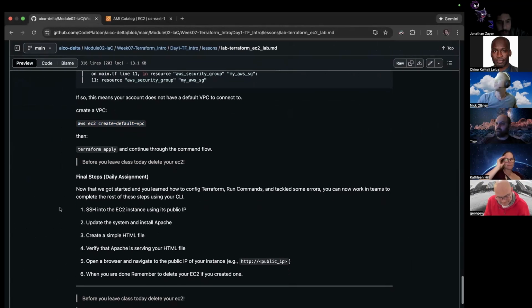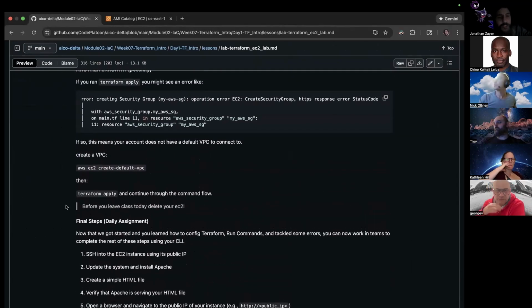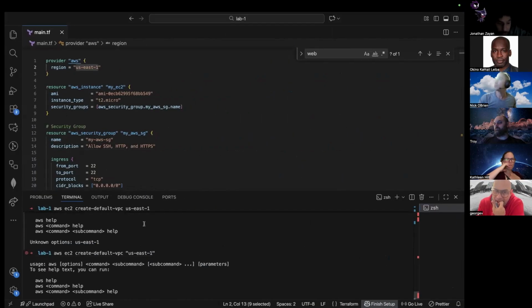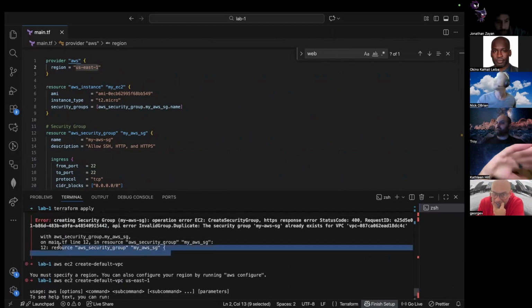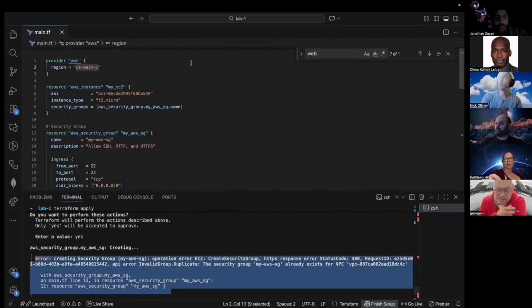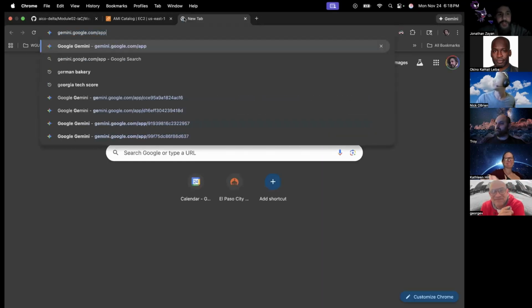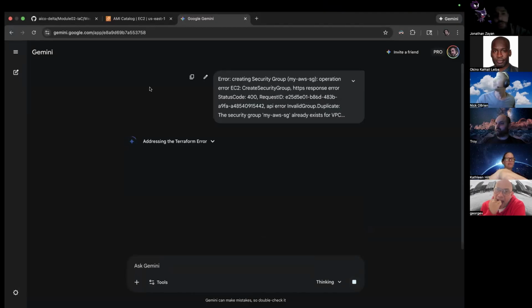All right, here's what I'm going to do, because I do believe the issue is exactly what we're saying. It's just a duplicate. What I am going to do though, because I don't remember all these codes offhand, and I don't think anybody ever really will, is feed this into my good friend Gemini. We went to high school together. It's a great joke. Okay, let's just see what it says. Hopefully, it's just going to give me a CLI command to delete it, and then I'll reinstall it fresh just so we can continue with this.